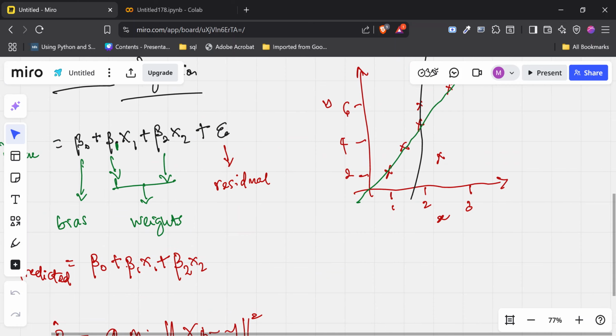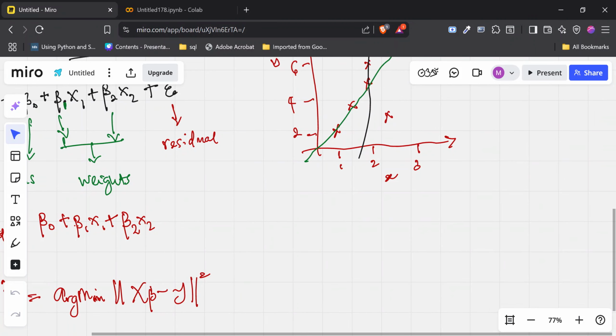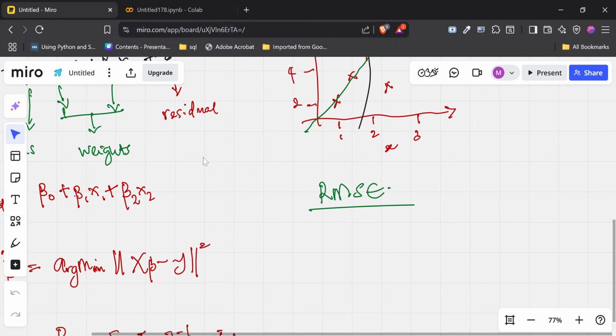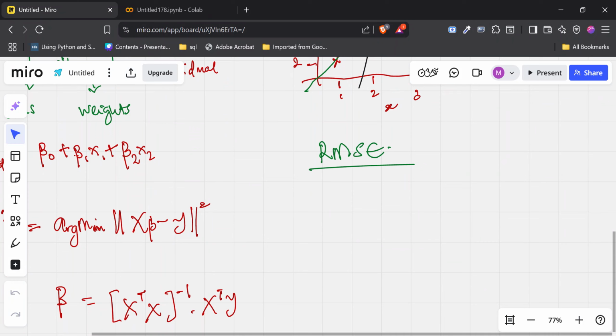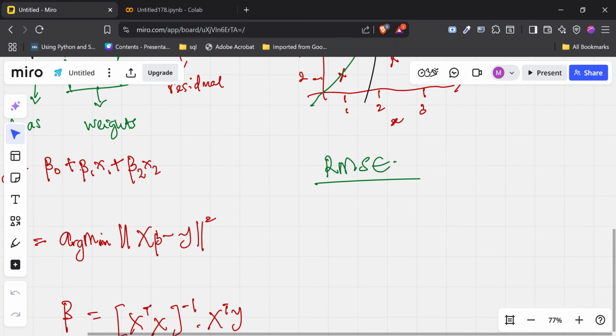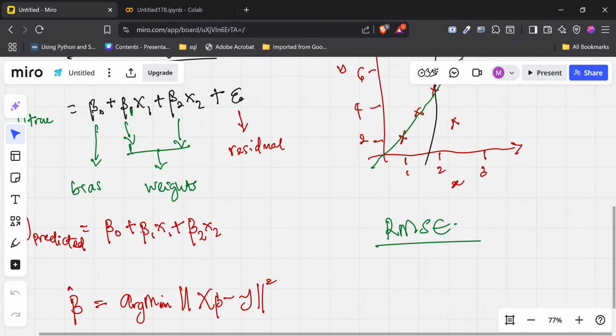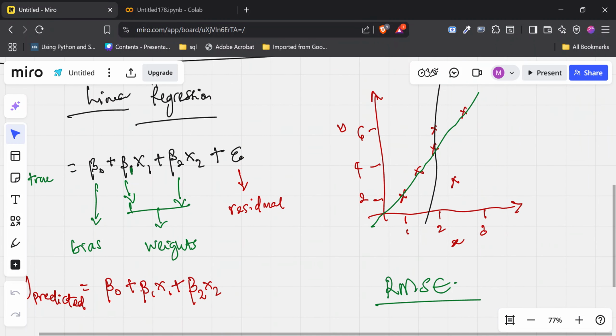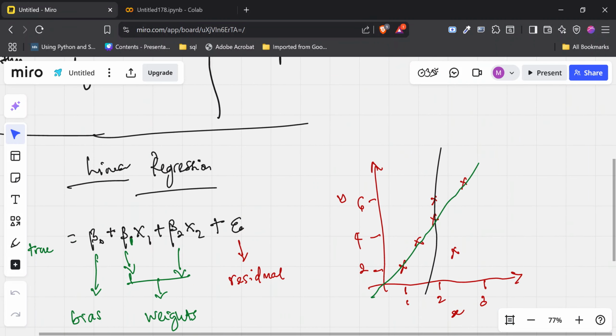There are a lot of things, but one that we can use is RMSE, which is root mean squared error. And what is root mean squared error? It is the metric that we use to evaluate how a regression model is performing.